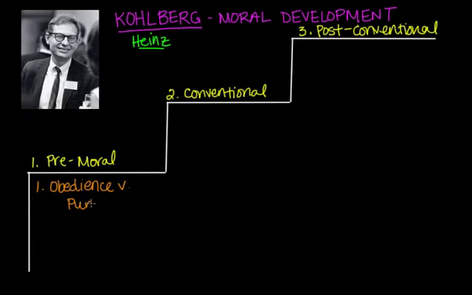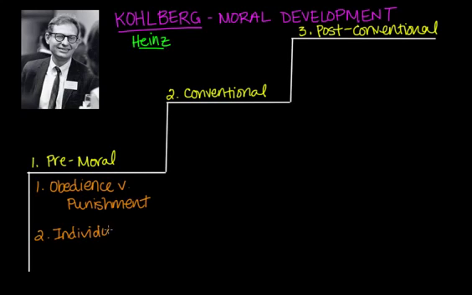So obviously this level deals with children, people of a younger age. At this basic level, authority is outside the individual, and reasoning is based on physical consequences of actions. So children see rules as fixed and absolute. Obeying the rules is a means to avoid punishment. So if the child is good, they're going to avoid being punished by their parent. And if they are punished, that means they must have done something wrong. Now the second stage in this is called individualism and exchange.